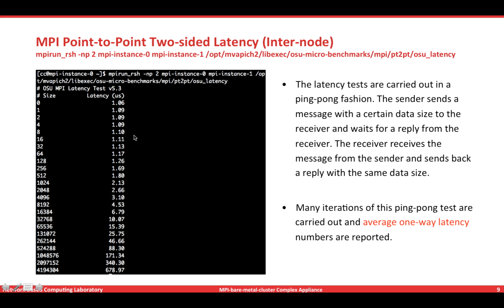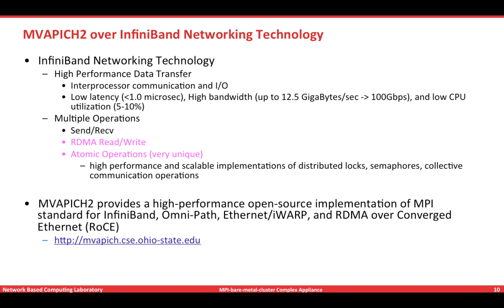As we can see, these numbers look very good. For example, for 1, 2, 4, even up to 64 bytes, we only take around 1 microsecond. This is very fast communication. The main reason these numbers look so good is that we are using MVAPICH2 over